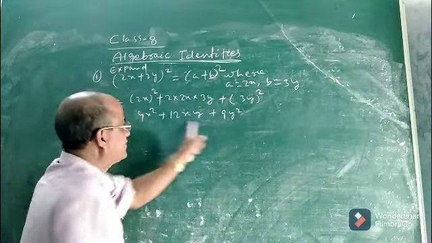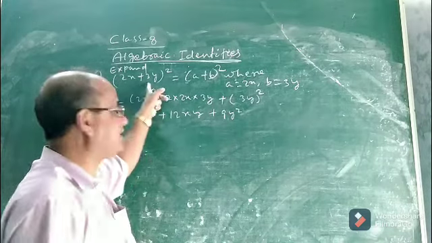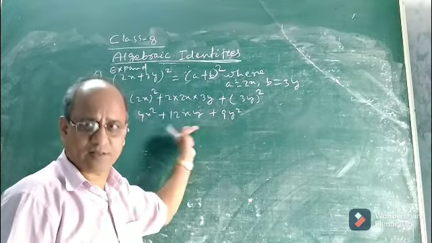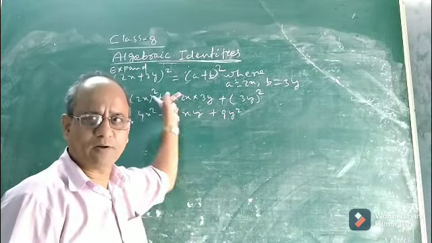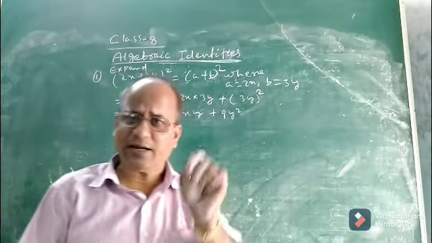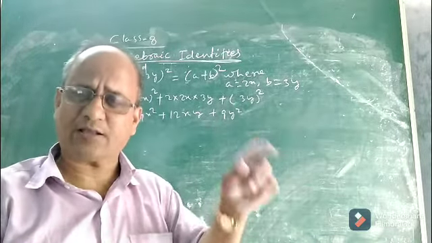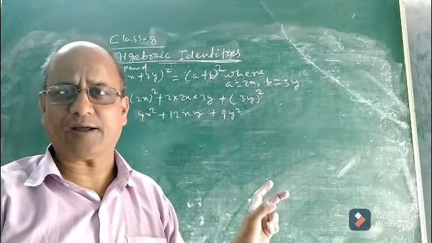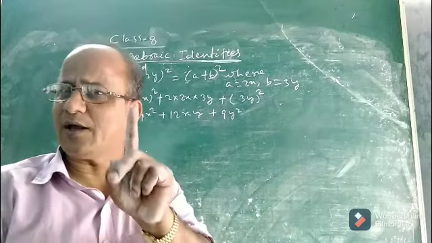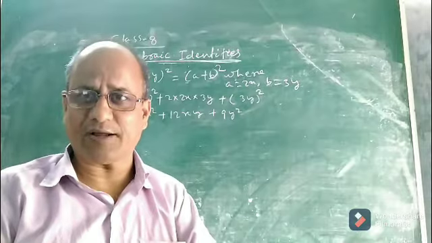See children, which is a trinomial. Now this is the expanded value. If you expand this expression, you will get this trinomial. This is the expanded form or the expanded value of the given algebraic expression. So here we used the identity for what purpose? We used the identity to expand, or to find the expanded value of an algebraic expression. So this is one of the applications, that we can use the identity in expansion of algebraic expressions.